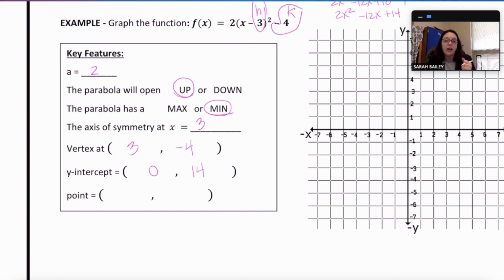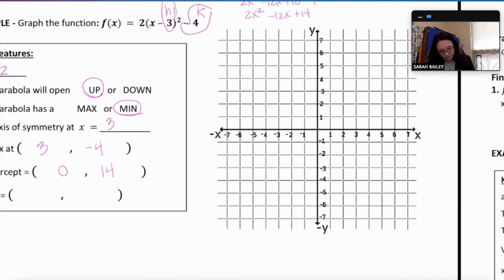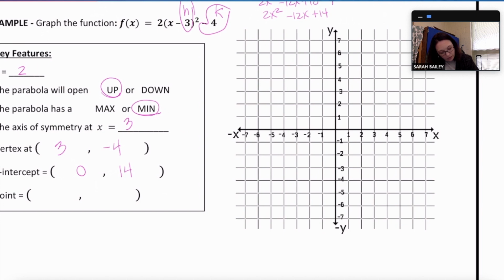Let's go ahead and graph the vertex and the y-intercept. So my vertex is at (3, negative 4). Let's see, (3, negative 4) would be here. Now, I don't actually have enough room on this graph to do my y-intercept, which is at (0, 14). But I know that the vertex is going to be halfway between, right? Halfway between here and